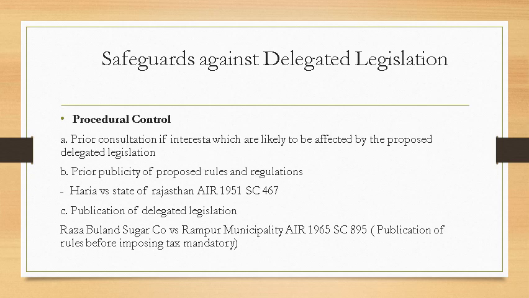So, as such, there is no strong provision. But then the judiciary has had a fondness for this norm, and that is the reason why it was discussed in this case, Haria versus State of Rajasthan, wherein it was clearly stated that we need to have something called prior publicity,